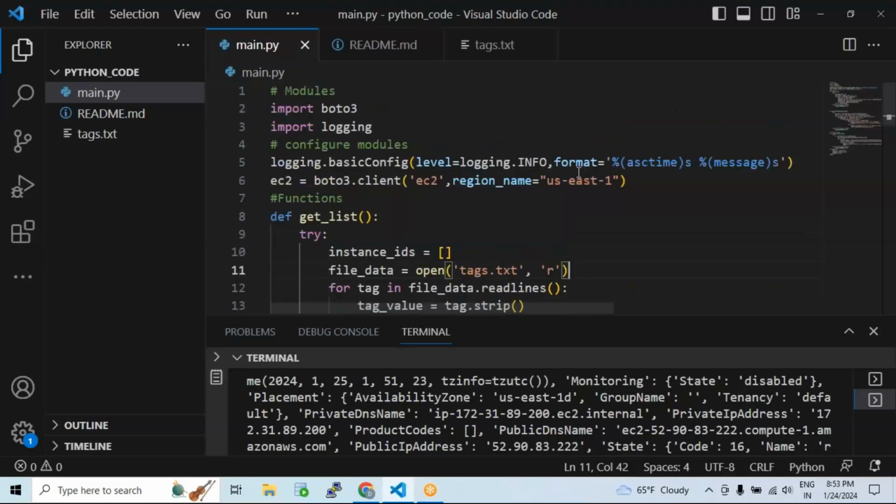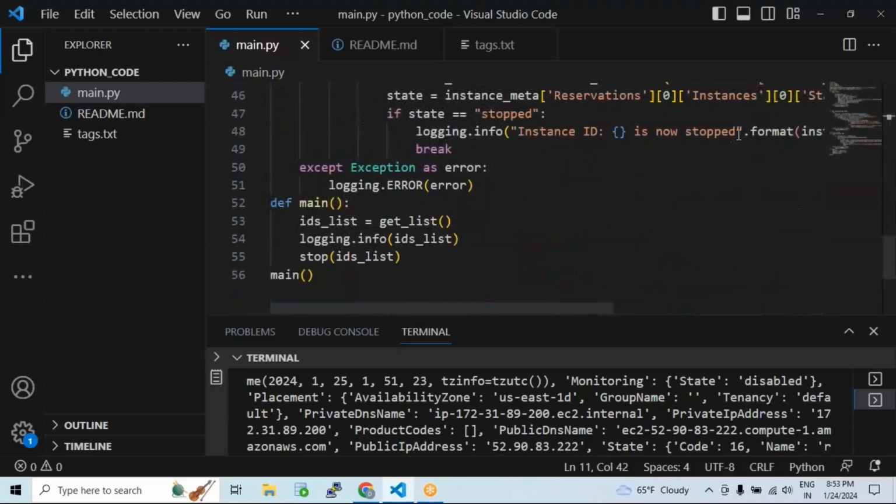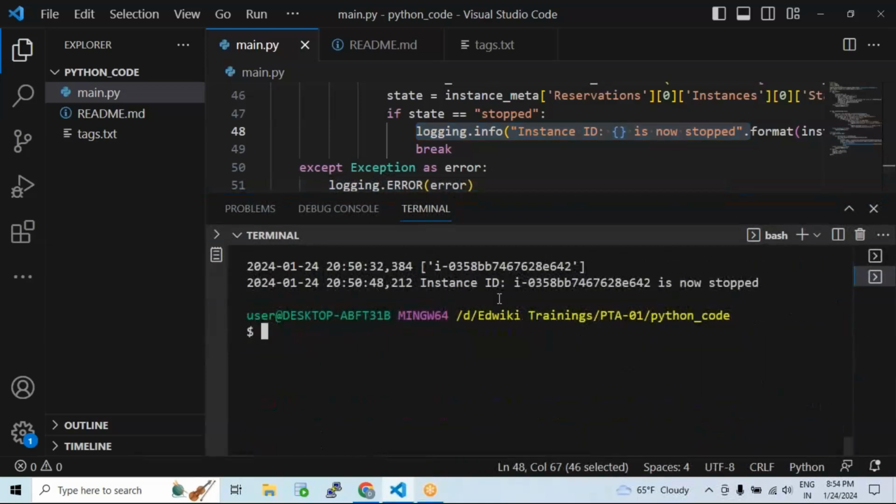Now, what I do is probably when the servers are being stopped, rather than me printing these lines in my console output like this, so currently it is showing that the instance ID is stopped, rather than printing in the console where I'm running the program, it's a nice idea to send this statement to an